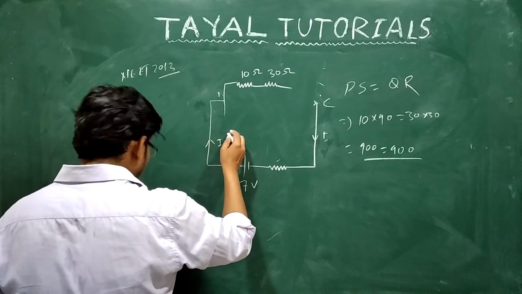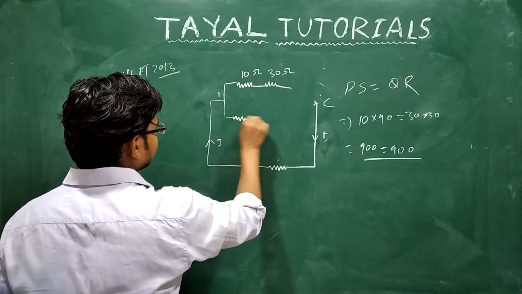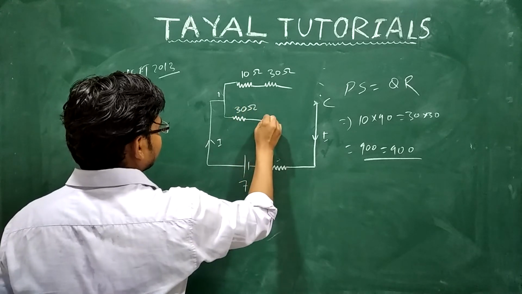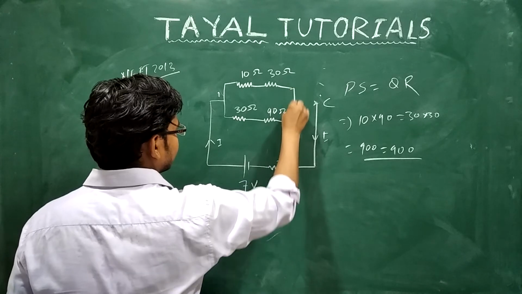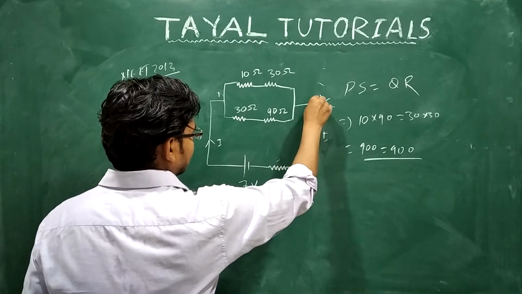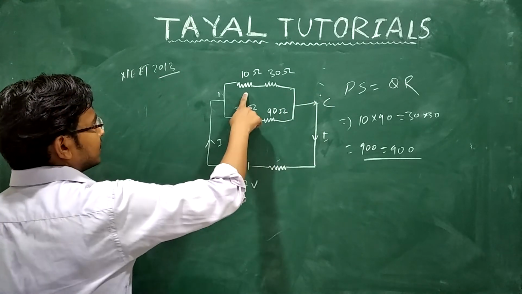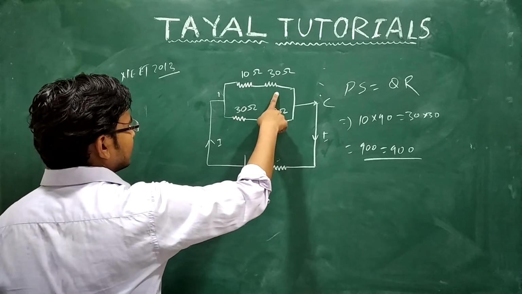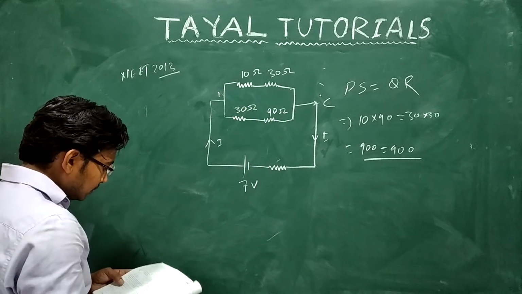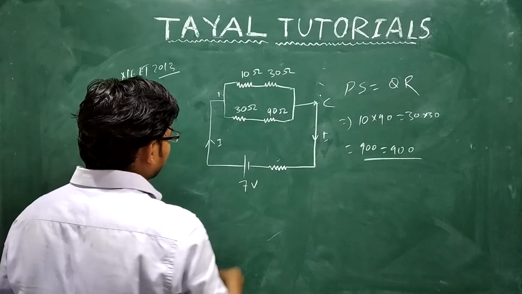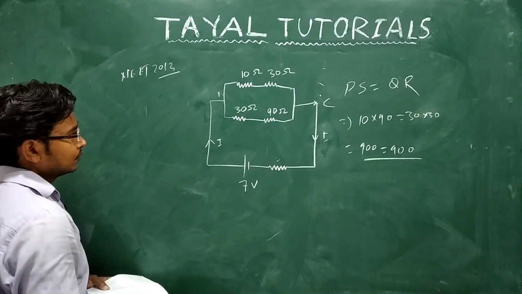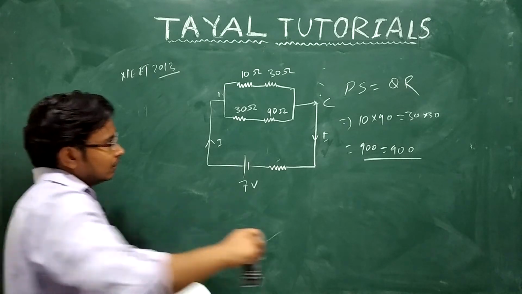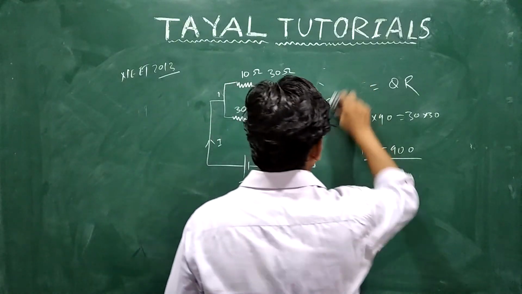Now 30 ohm and 90 ohm will be in series. Okay, now this 10 ohm and this 30 ohm in series will give you 40 ohm, and this 30 ohm and 90 ohm in series will give you 120. Okay, so you can simply further calculate